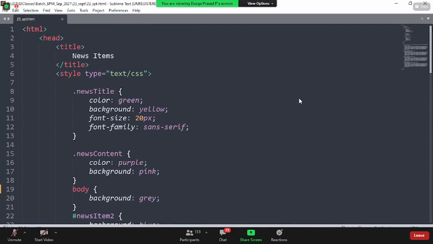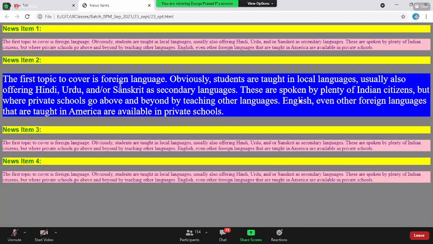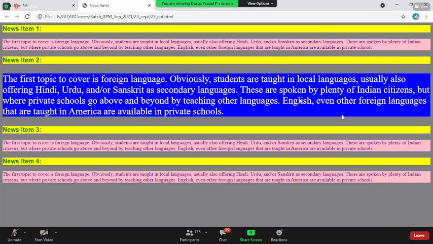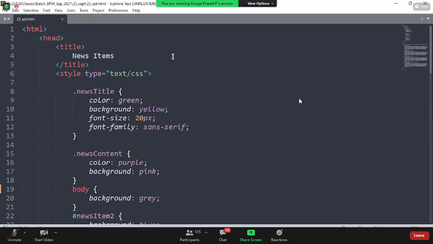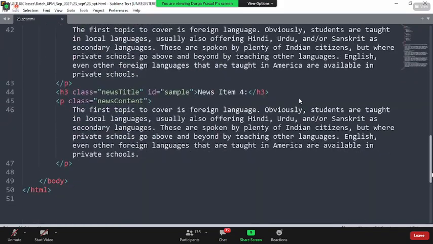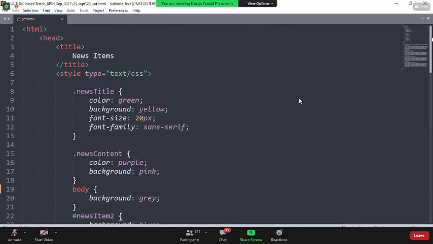Okay. So any time if you want to find out the corresponding HTML for a particular look and feel, because now when I say that, boss, how come this blue guy got rendered? You are a UI developer. Now you got a good idea that a piece of HTML has been written in order to get such type of look and feel. We are already clear on that, right? So now if I ask you what is that HTML, then it is very hard for you to find out where actually that guy is residing, which element, which H3 tag, which P tag. Luckily, it is a maximum of 40 to 50 lines of code. You can simply search it and find it out.